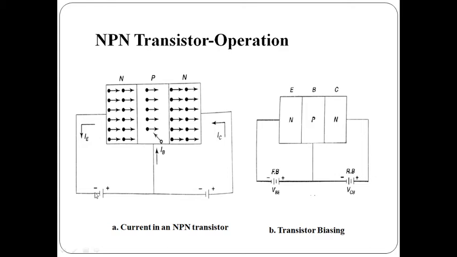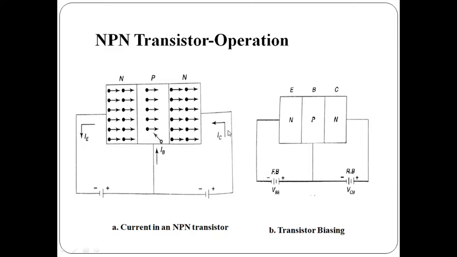If the forward bias is being applied to the emitter and base junction, since your emitter terminal is heavily doped, more number of electrons will be present in the emitter terminal. So as soon as the forward bias is applied, the electrons present in the emitter terminal will break the junction between your emitter and base, and will combine with the few holes present in your base region, which will produce a base current, and the remaining electrons will cross over the collector base junction and flow to the collector region.